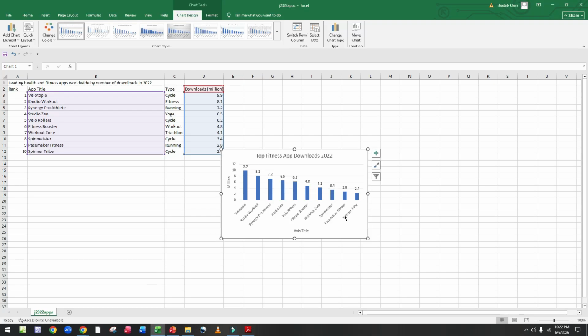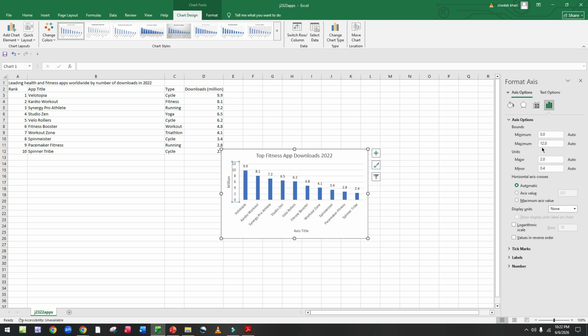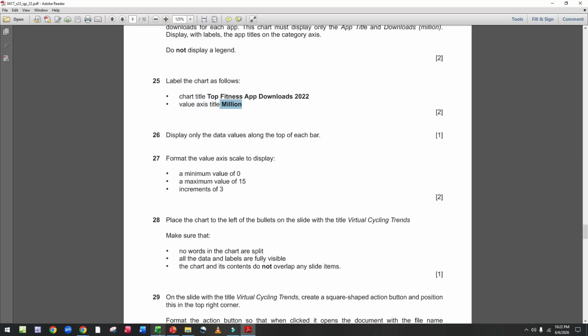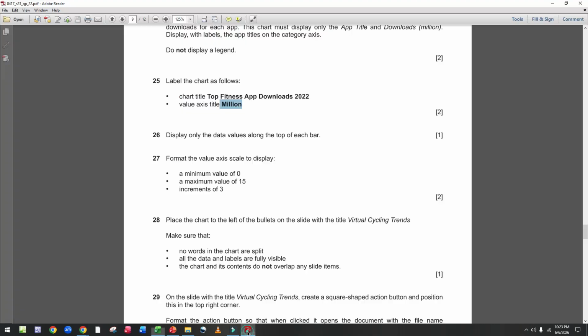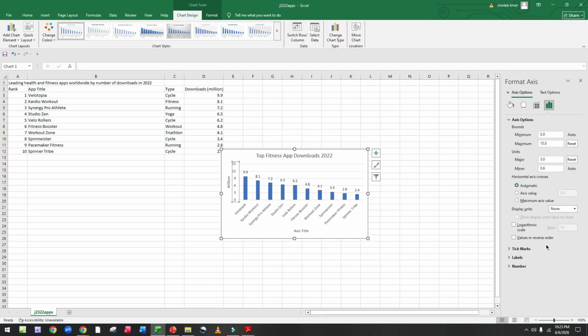Now we right click on this, format axis, minimum 0, maximum 15, and major 3. Then we apply.